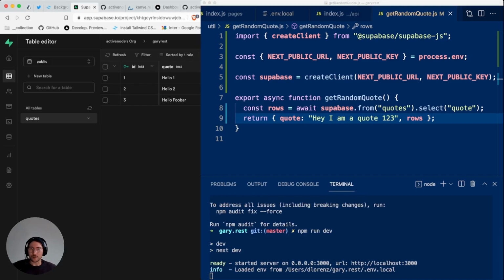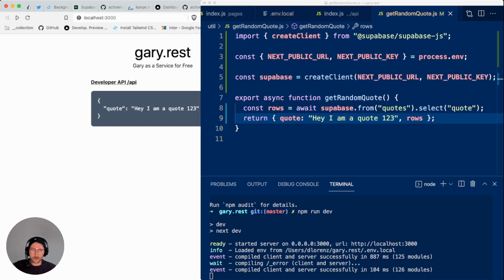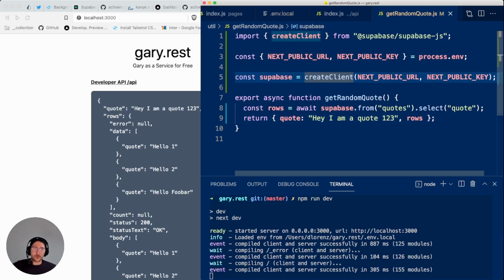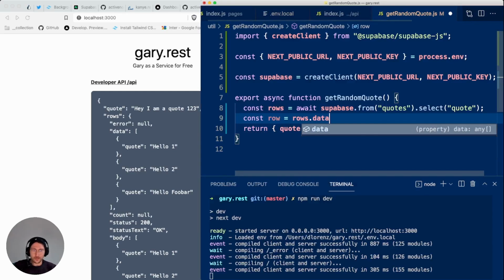And let's see how it turns out to work or not to work. Okay, seems to be running successfully. And what we get is basically an object that contains a data property which contains our database entries. That was pretty much easy. Let's start off with only returning one by simply accessing the first one. So we'll start off with a very trivial thing like row equals rows.data index 0.